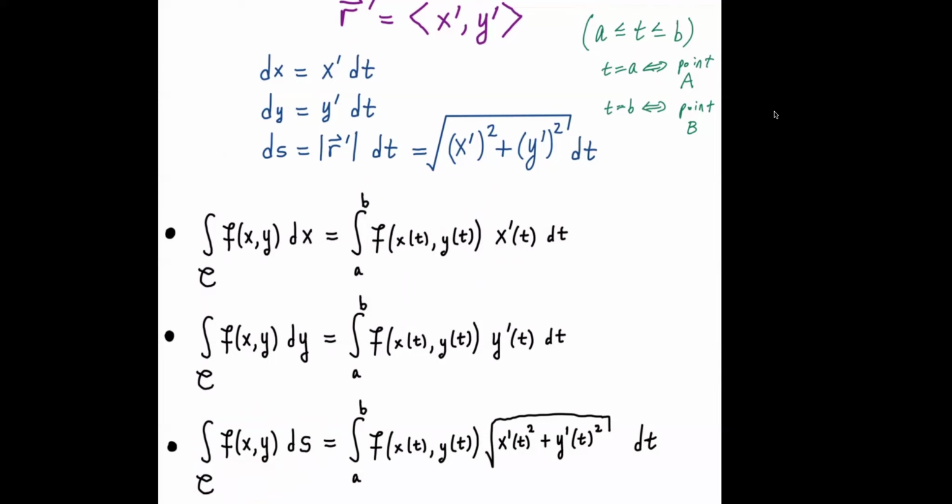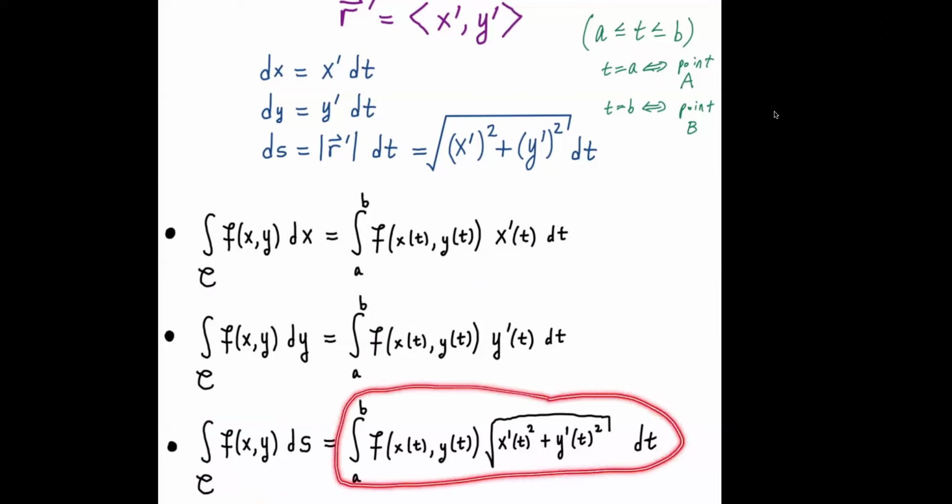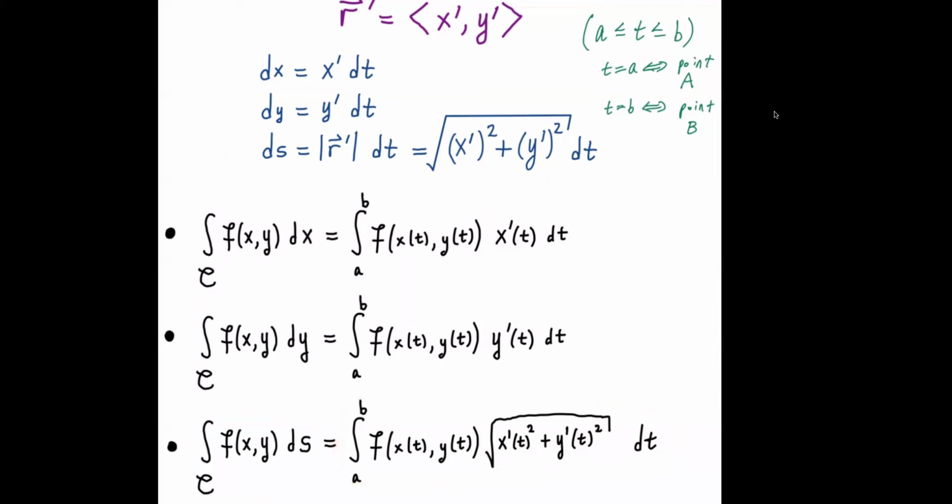And so converting this to an ordinary integral, this takes this form. Okay, we've already kind of seen this. The main thing that's happening here is that ds is being replaced by the speed times dt, and then this abstract integral is being replaced by some concrete integral from time t equals a to t equals b. And these other types of integrals, and we'll see these as we go along,